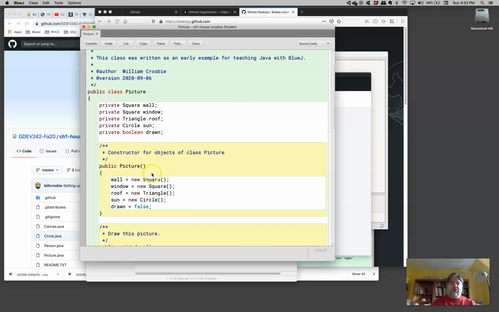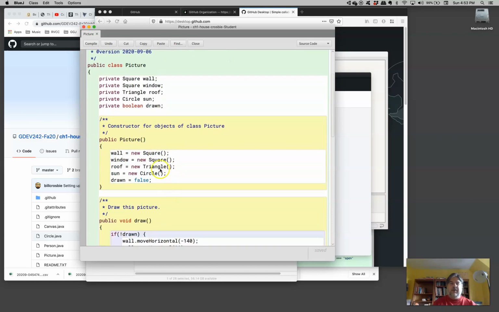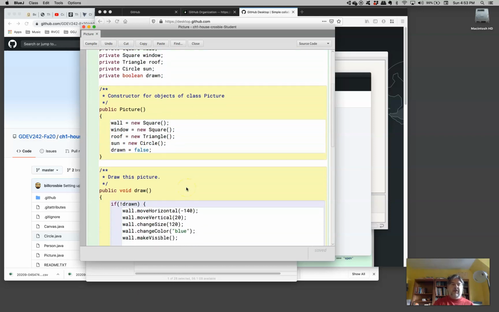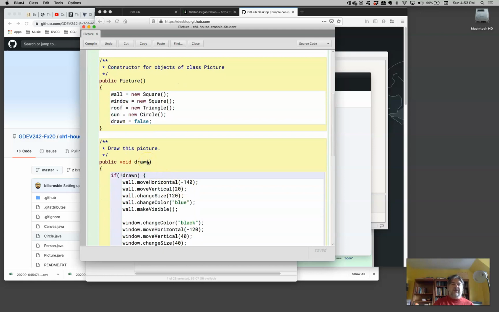When we make a new picture, it makes the square object, it puts it into wall, it makes a square object and puts it into window, it makes a triangle object and puts it into roof, it makes a circle object and puts it into the variable sun, and it sets the drawn variable to false. So that's when we say make a new picture, please. And then when we choose to invoke the draw method,